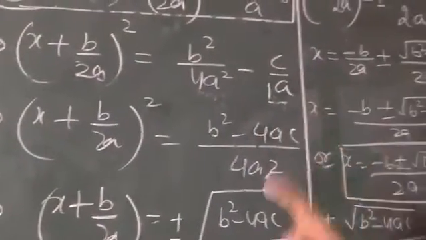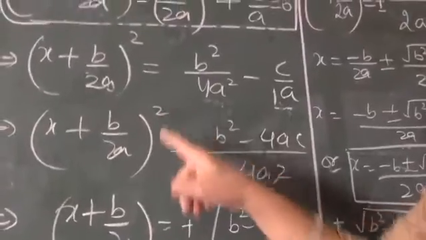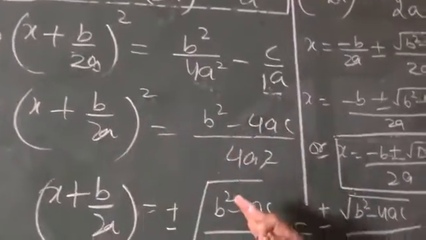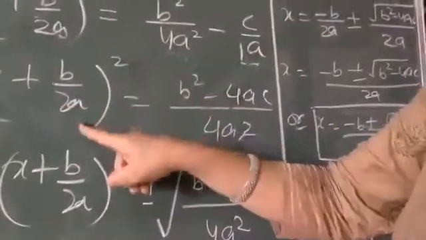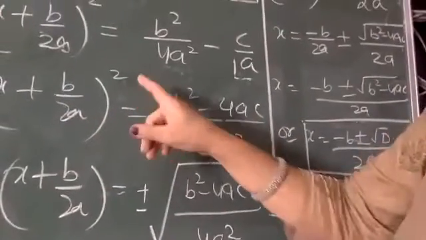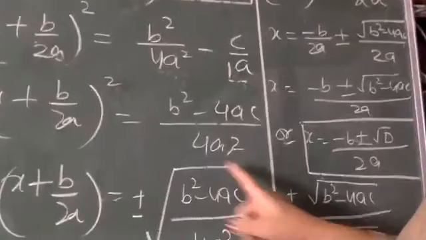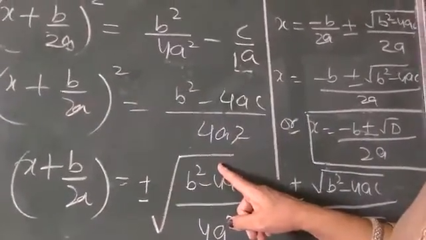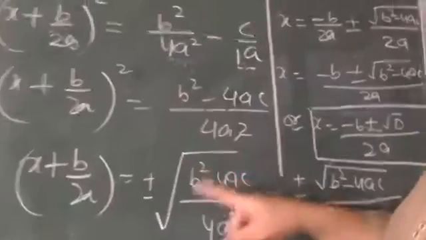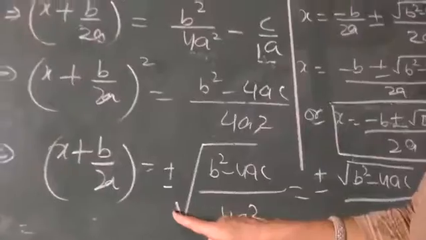Now, as here we are having a square and we don't have to open the square, but we can transpose this from left to right or right to left. So here look at, this is x plus b upon 2a whole square. This square will be transposed to other side. And we have learned when the square is transposed to other side, it changes into under root sign. So we will change this square into under root sign in the other step. And here, beta, whenever square changes, we always write plus and minus, all of you. So we will write here plus and minus.